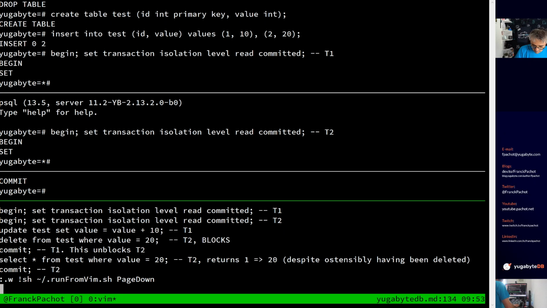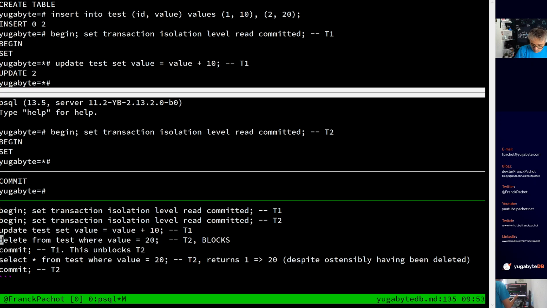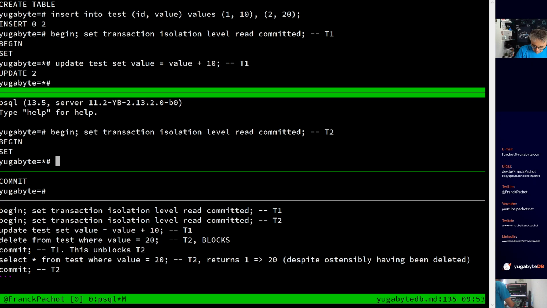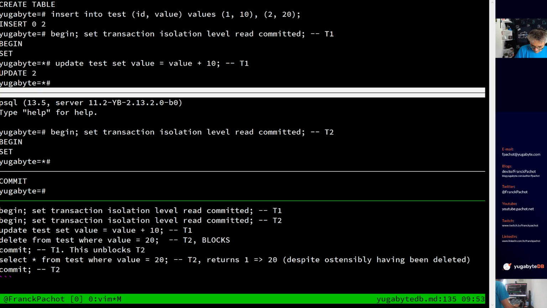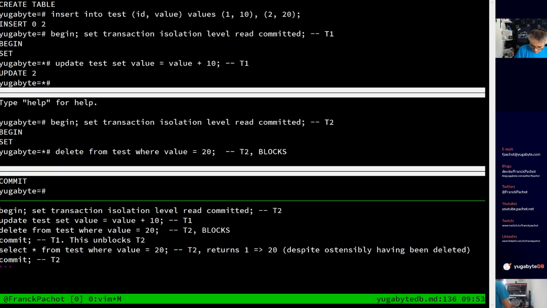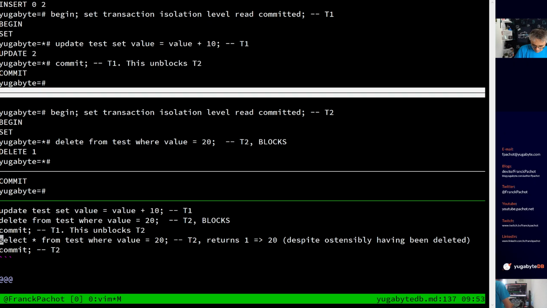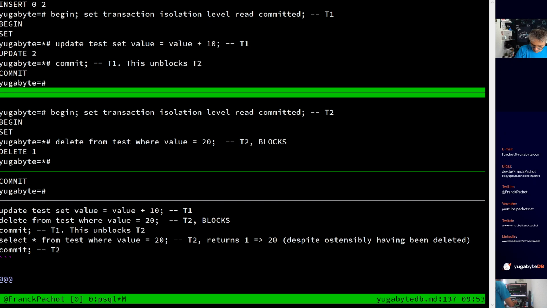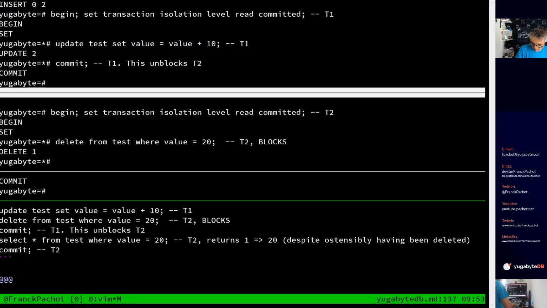Updating, I increase the value for all rows, so I have 2 updates. This works. And then doing a delete on those rows that are locked. So we wait for it. When session 1 commits, session 2 is unblocked, and